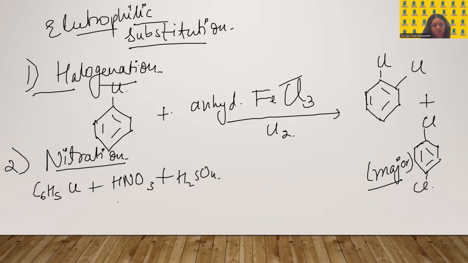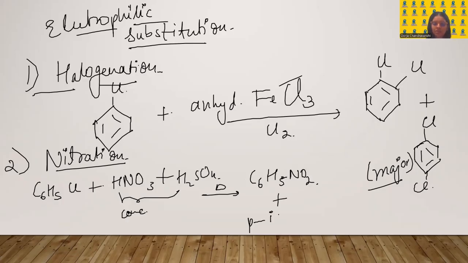Both are in concentrated form, and I heat them. C6H5NO2 is which? One of them will be ortho and one will be a para isomer. The para isomer, just like we had Cl here, I will introduce NO2. Next is